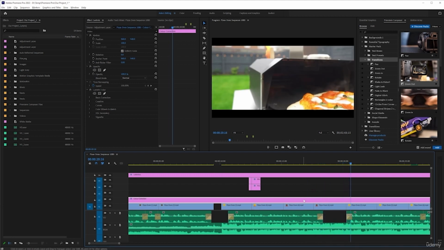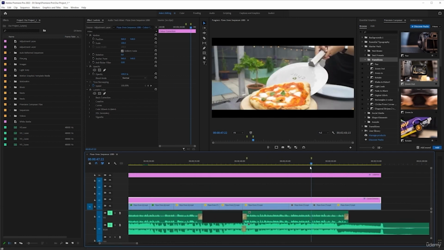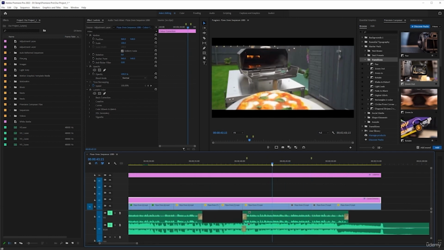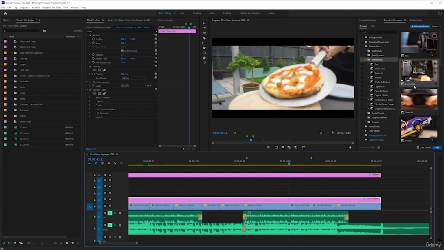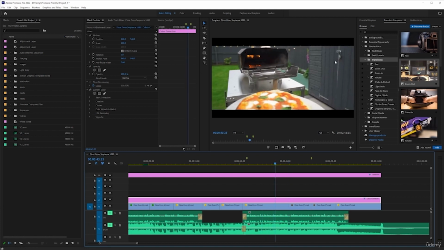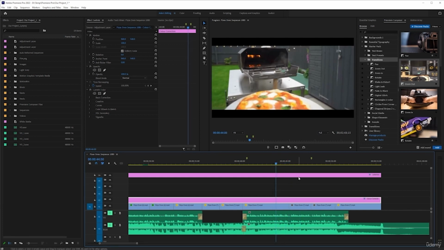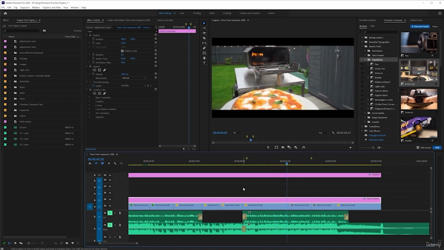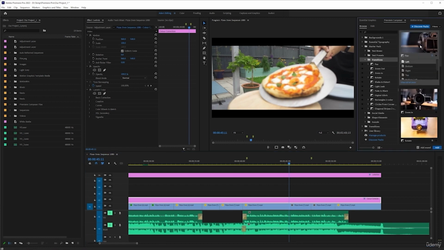Looks great, doesn't it? With that in mind as well, let's go towards the end, because remember we were carrying this along and then we ended up on the table. Well, just like with the zoom, we can pan, and I want to go that way, so I want the image to go to the right. So if I get it right on here between these two, and again let's just remind ourselves of how it looks without. Again, tells the story, but if we add a bit of movement,